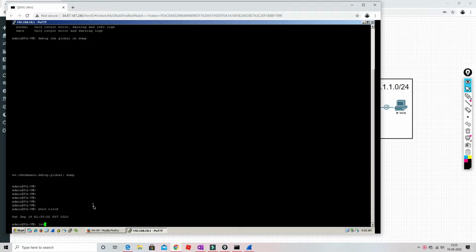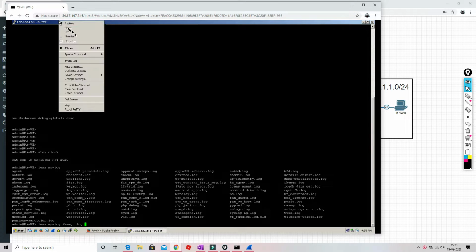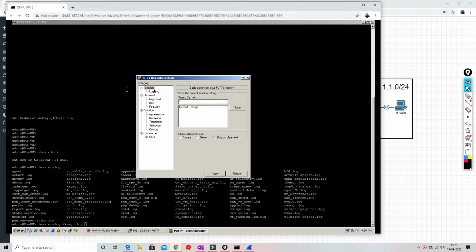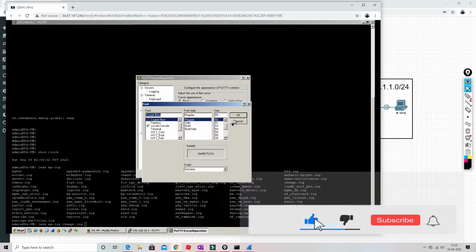Now to see the log, you have to type less mp-log, and then type ikemgr.log. I'll just increase the size of the fonts so that you can at least see that. Appearance will increase to 20 or 18. That's fine, I guess.